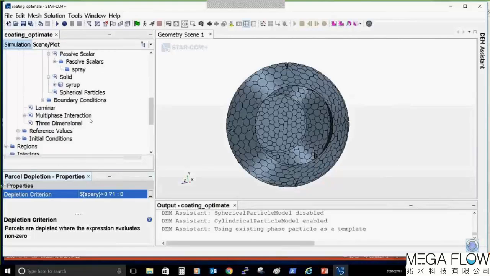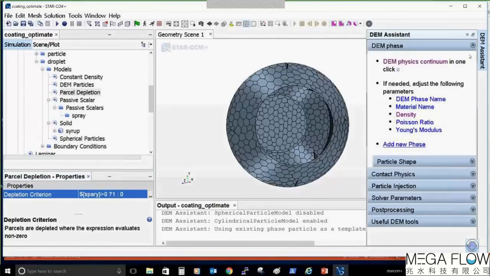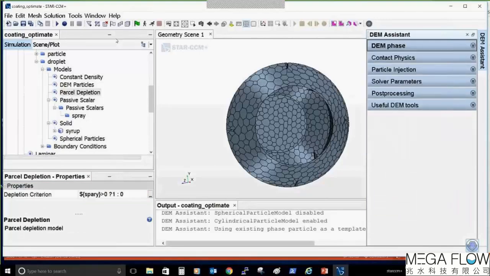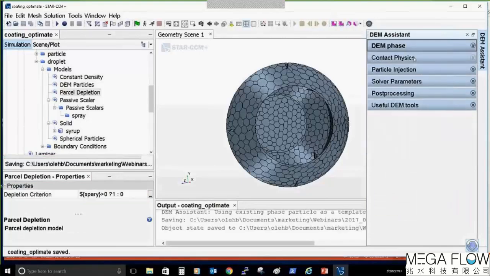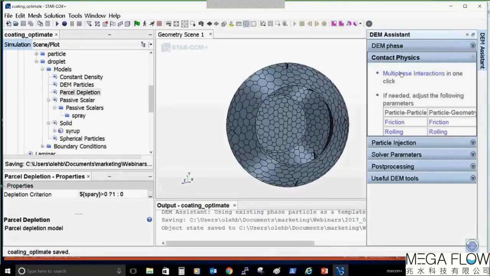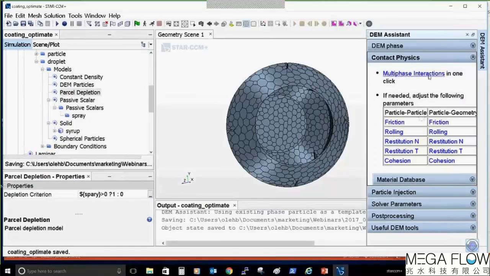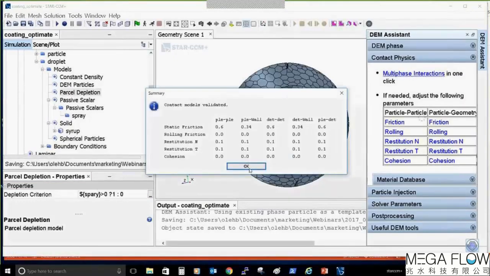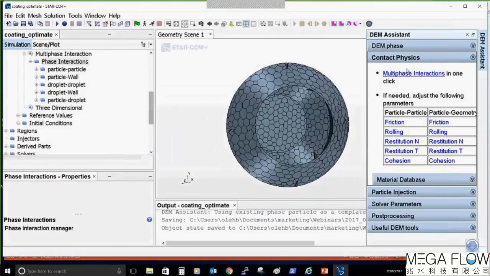That concludes setting the DEM physics. I will save the simulation. The next step is to set the contact physics, how the particles interact. Again, our simulation assistant will set up all the physics automatically by clicking on that link. So we see the particle-particle, particle-wall, droplet-wall, and droplet-particle